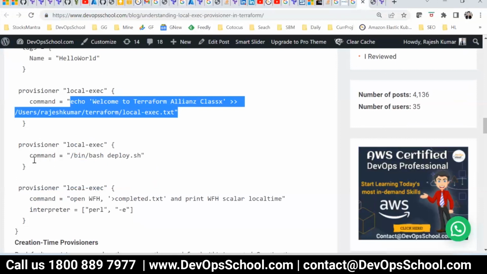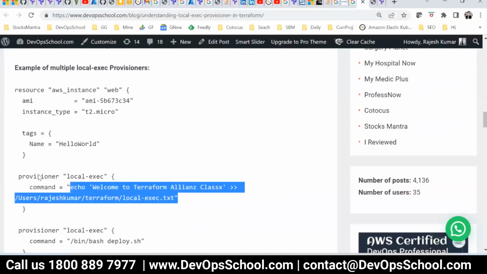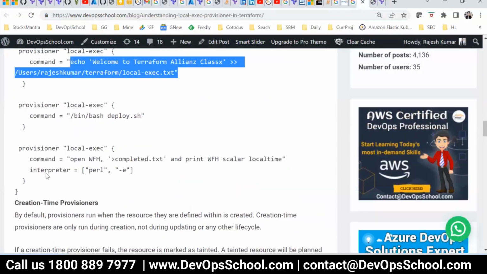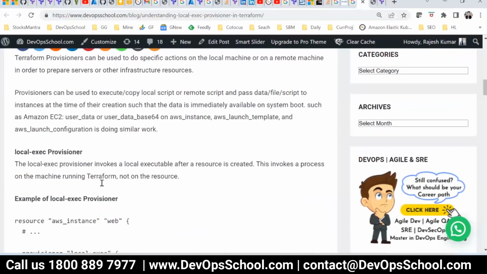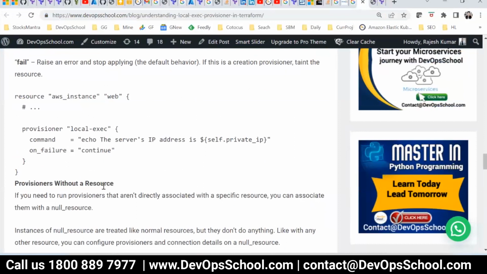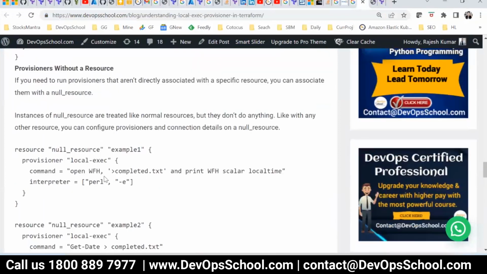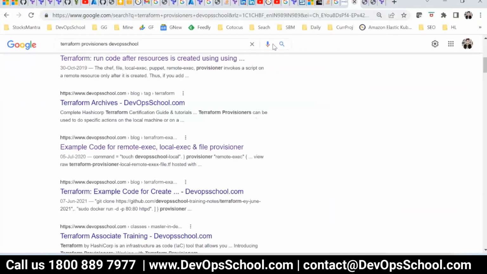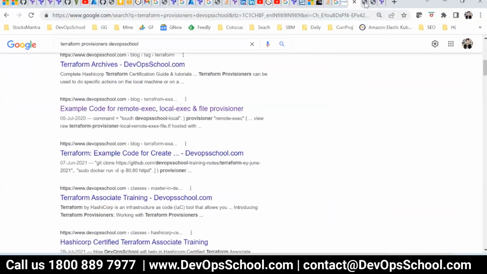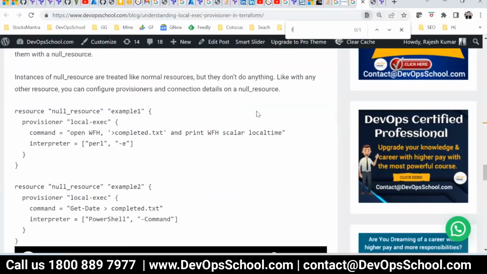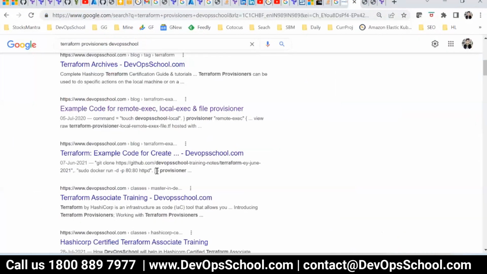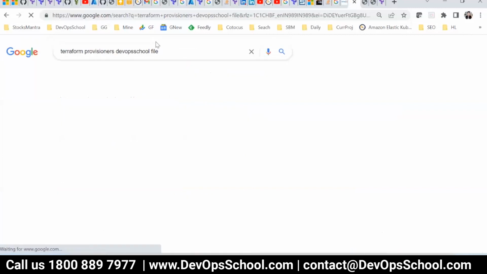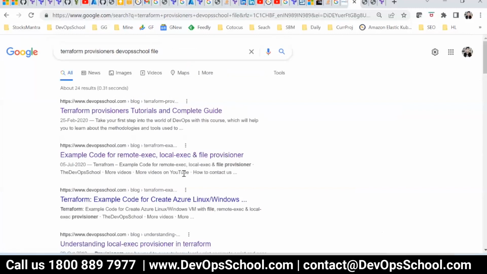You want to copy some file. So do I have this local? Just a second. I have an example for everything. So you can copy from the internet also if you like.